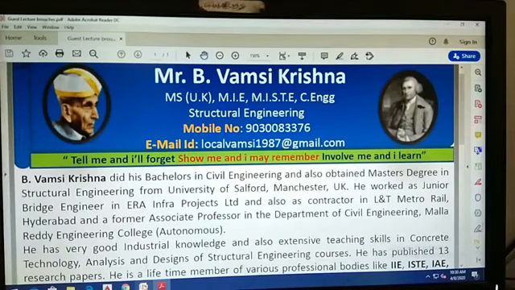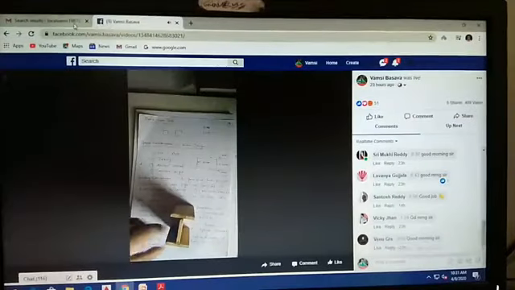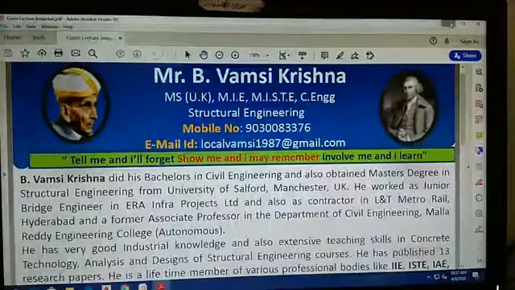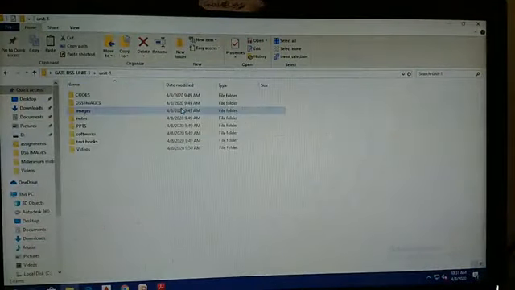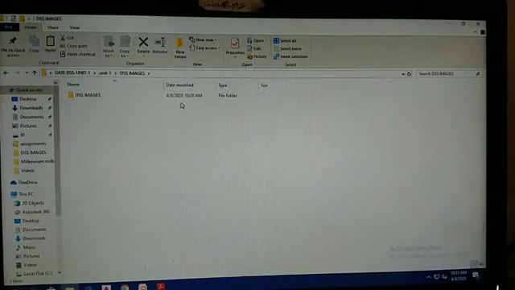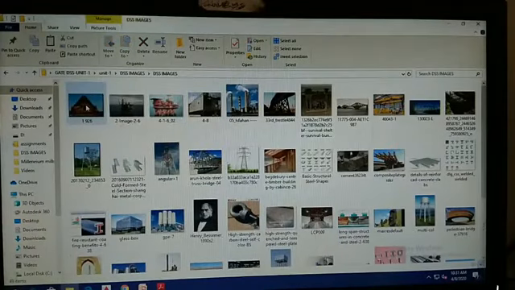Yeah, so we will start with the images. So where it is going to show you applications of steel structures, right? So here I am going to show you the different applications of these steel structures.